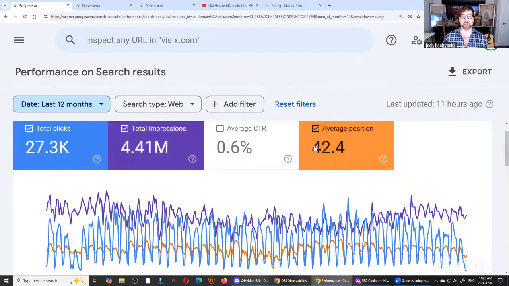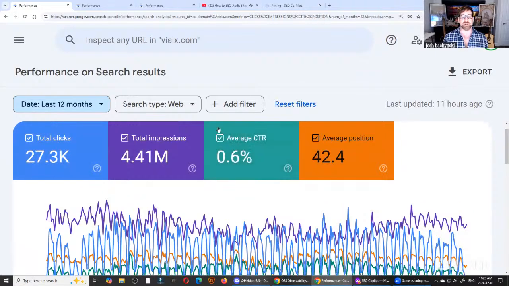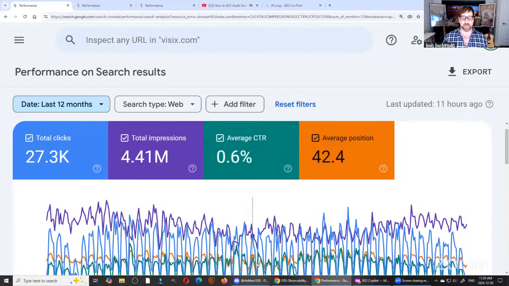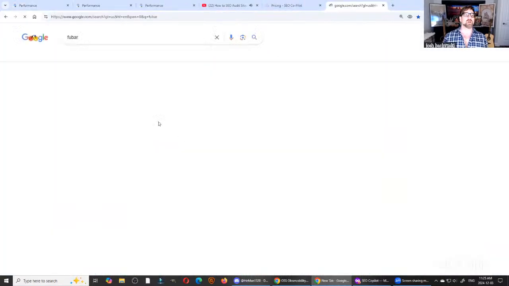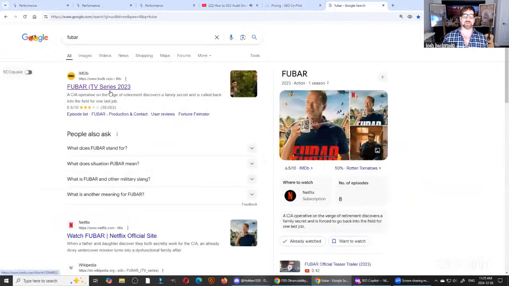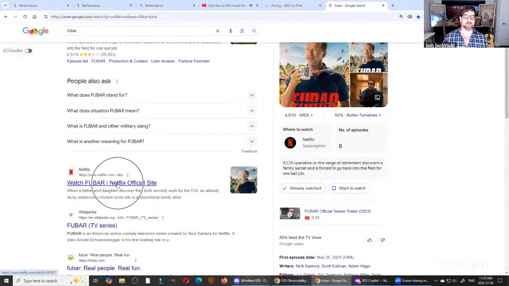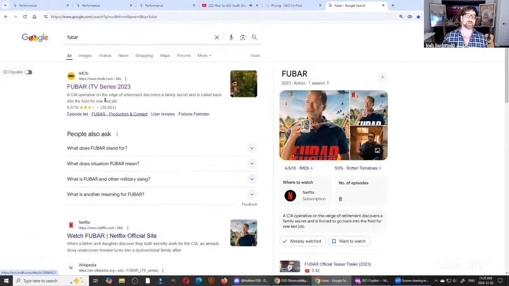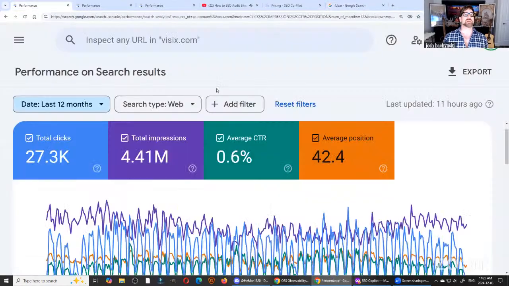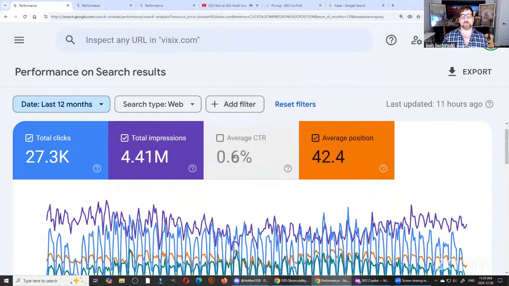You should look at the numbers here first. They've gotten 27,000 clicks, but that means they've only got 0.6% average CTR. So that CTR is not great, right? We want to see it higher. We want the CTR. That's the click-through rate. The click-through rate is here. How many times their snippet, how many times their results in Google gets a click-through, is their click-through rate. So you definitely want that to be as high as possible.